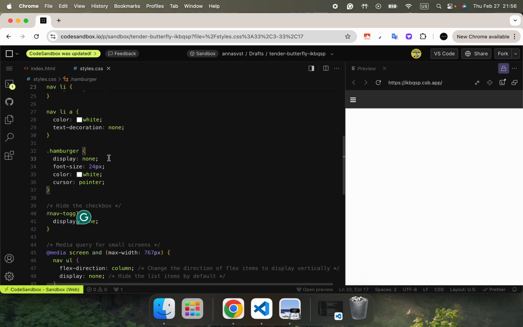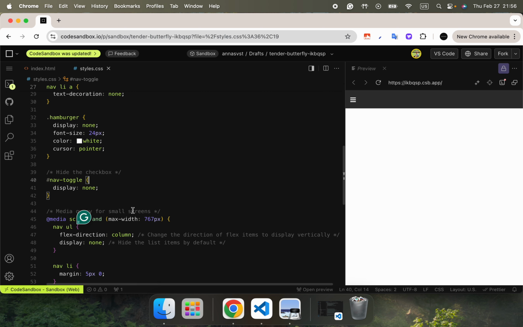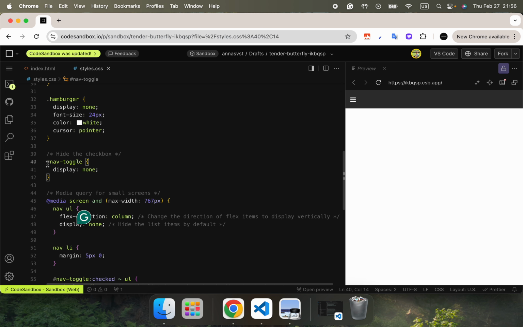So in this case, display is none. Font size for this icon and color, and of course cursor pointer so that the user can understand the item is clickable. And for the checkbox itself, we want to set display to none